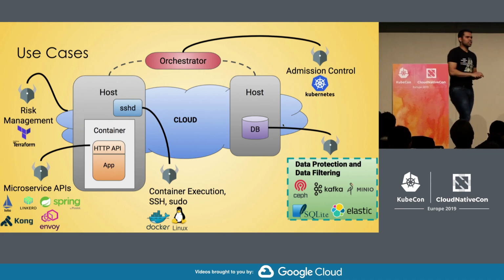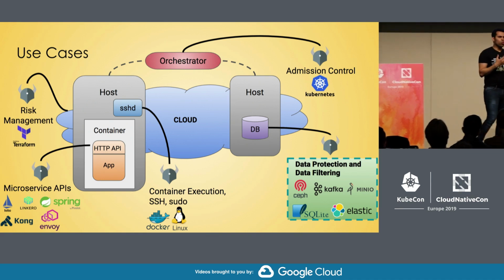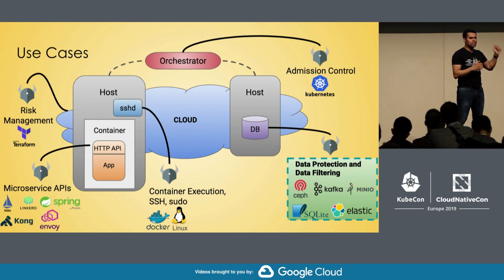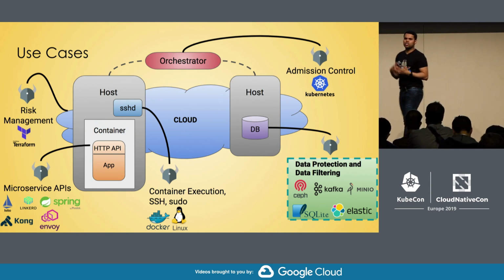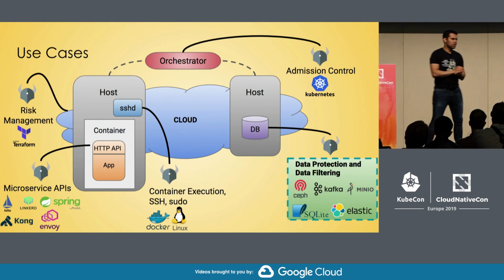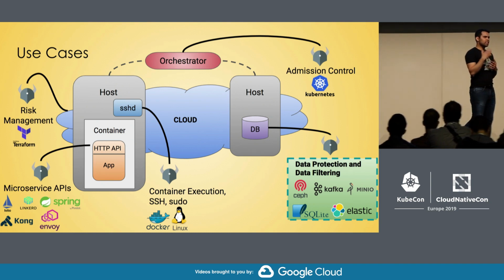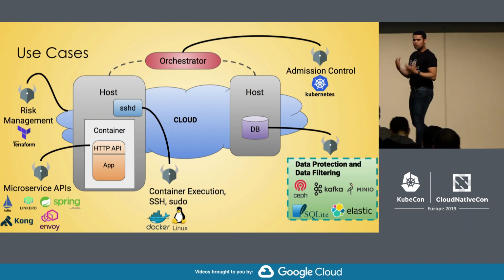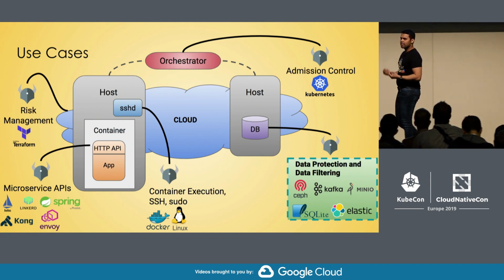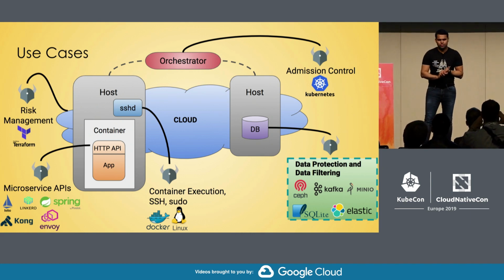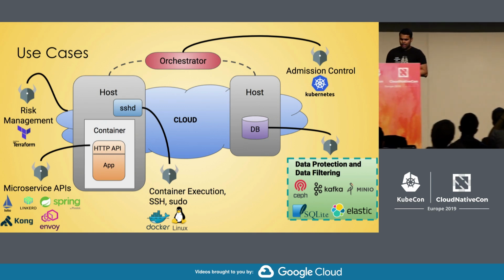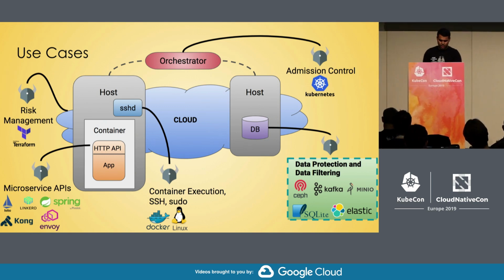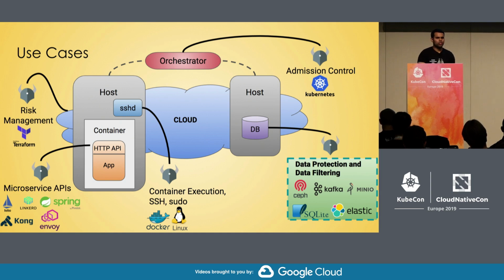So this figure just emphasizes how OPA can be used with all of these systems and why it's a general purpose policy engine. And so the cool thing here is that we have integrations with each one of these systems, and you can start using them out of the box without having to write even a single line of code. And so now, let's look at the data protection use case.